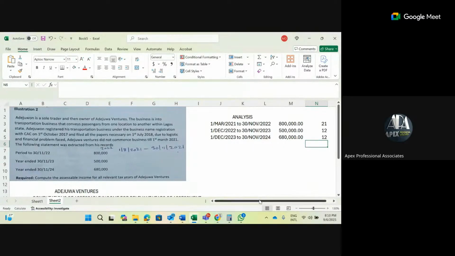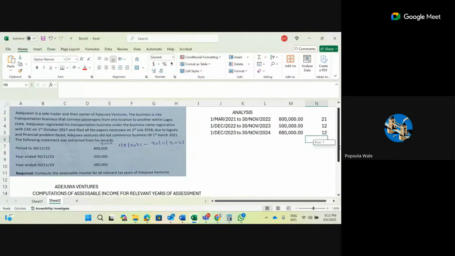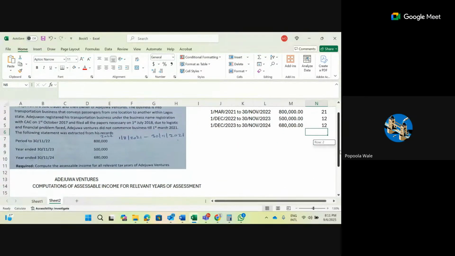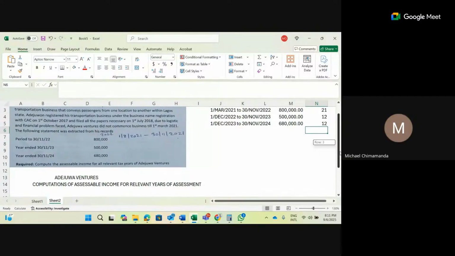1st of March 2021, I want Shimamanda to tell me what is the basis period of the first year. The basis period for the first of March 2021 to 31st of